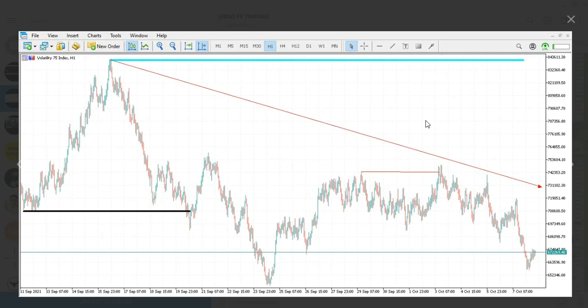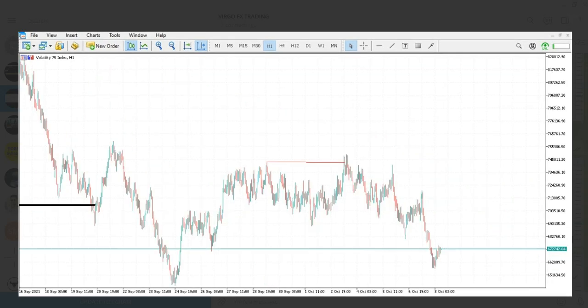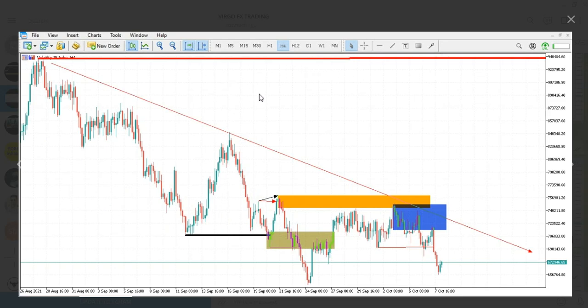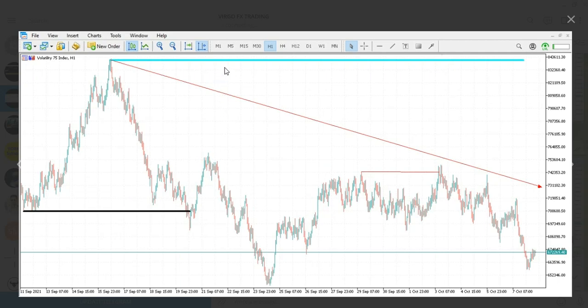Okay, so here we have again still the trend. This arrow here shows that V75 is bearish, and then on H1 now, note the differences of the colors. We have on H4 the red color, and on H1 we have this green color here. So this is our high on H1. If price breaks this, we will consider V75 to be bullish, but in the meantime it is still bearish. Okay, we are on H1.